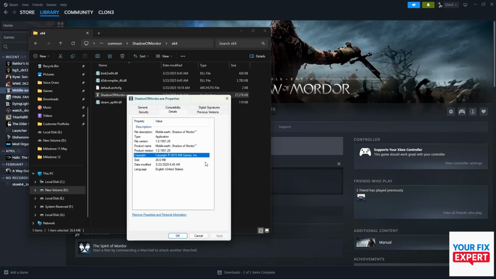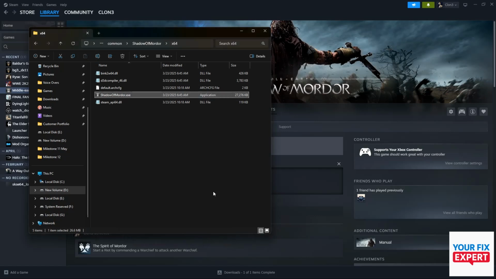Alternatively, you can go into the actual game, and usually there'll be a bold number on the bottom right of the screen, though Shadow of Mordor I don't actually see one of those. But for games like Baldur's Gate 3, for instance, they will have a bold number. And that's all there is to it,